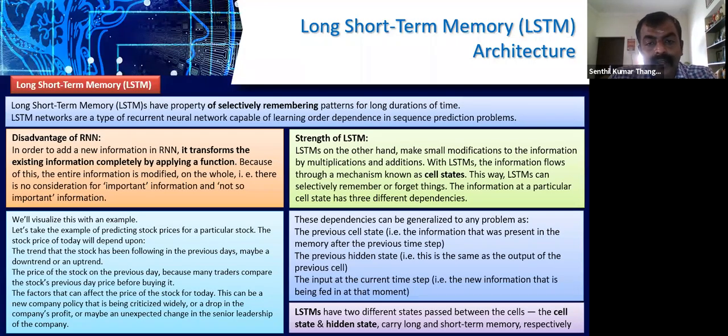As I told you, LSTM can remember patterns. Patterns in the sense that once it reads the first sentence and then the second sentence, it can compare with the first sentence. You can take it at a preliminary level like that. But the disadvantage of RNN, what we have discussed earlier, is that an RNN will transform itself completely whenever it gets new information. LSTM is not like that. Because of this, we say that LSTM can be taken for problems which are sequences.